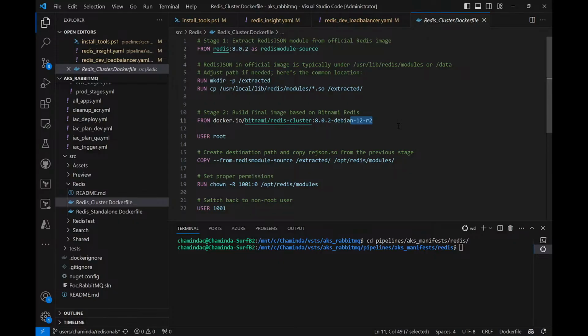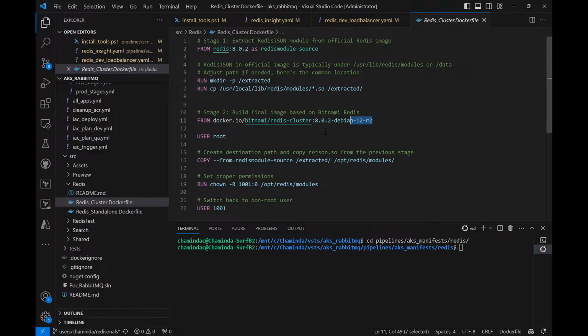If it is provided as a service, it comes with licensing issues, so that's why it is not available. But what we can do is use the Redis 8.0.2 image, copy over the Redis modules from that image, extract them and put them into